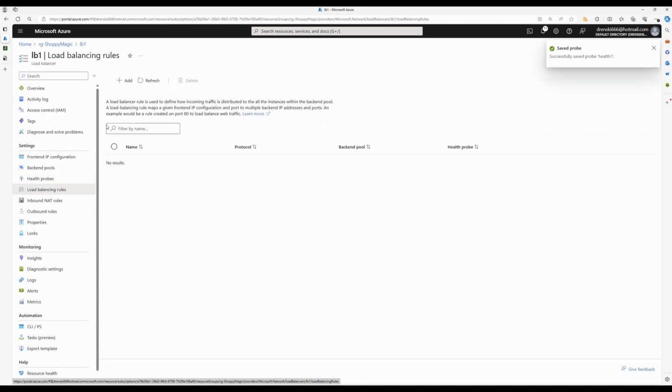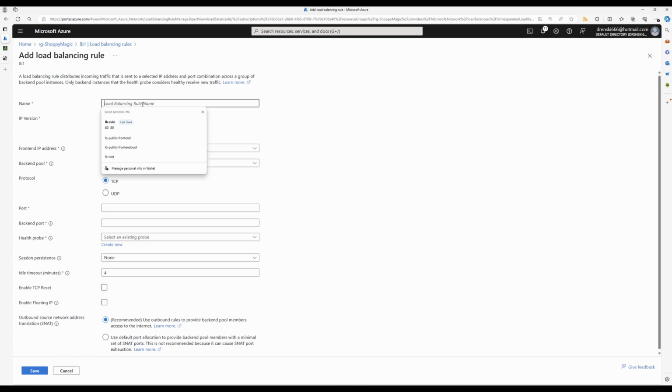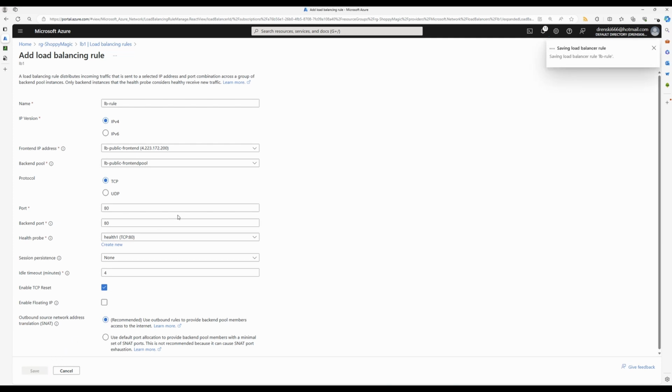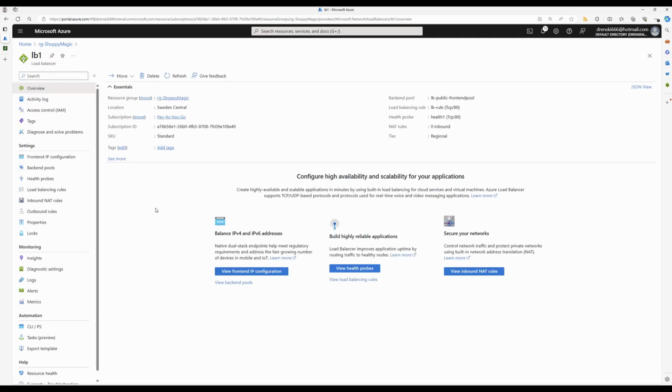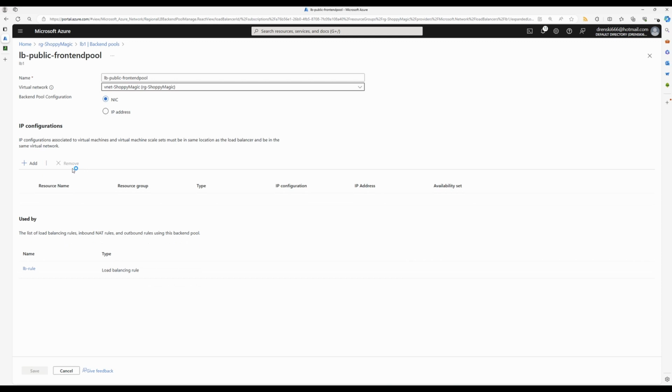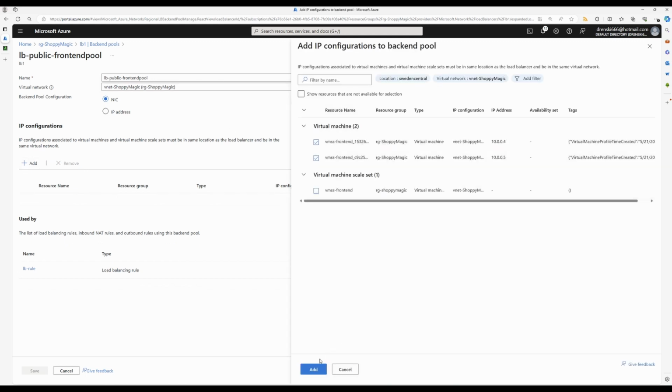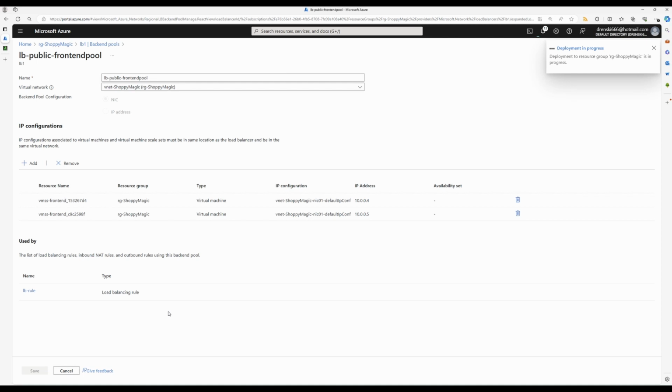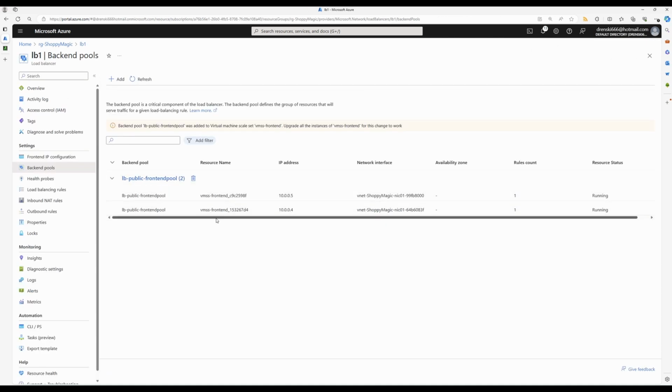Now let's create a balancing rule. Let's name this LB rule, like I did previously. Front end, select the existing pool, use port 80 here and here, select the existing probe, and leave everything else as is, really. Let's create this. Okay, so now we need to go to the backend pools and click here, and we need to add our virtual machines here. Okay, so our pool is ready,